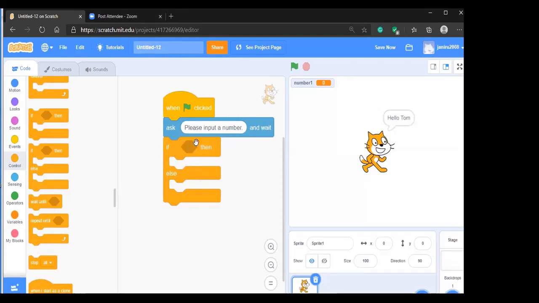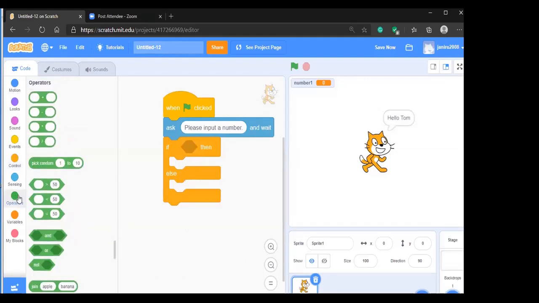So if something is true, like if I study well, then we do this one. Else means if it is not true, we will do this part. This is how we want to control. Now we want to have two outputs depending on input, so we have to check. To check, we have to do an operation, because we want to check whether the number is greater than or equal to 50.